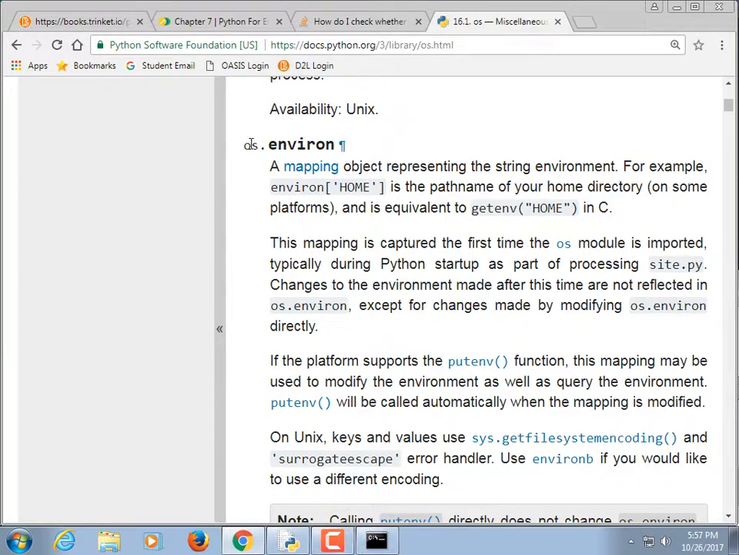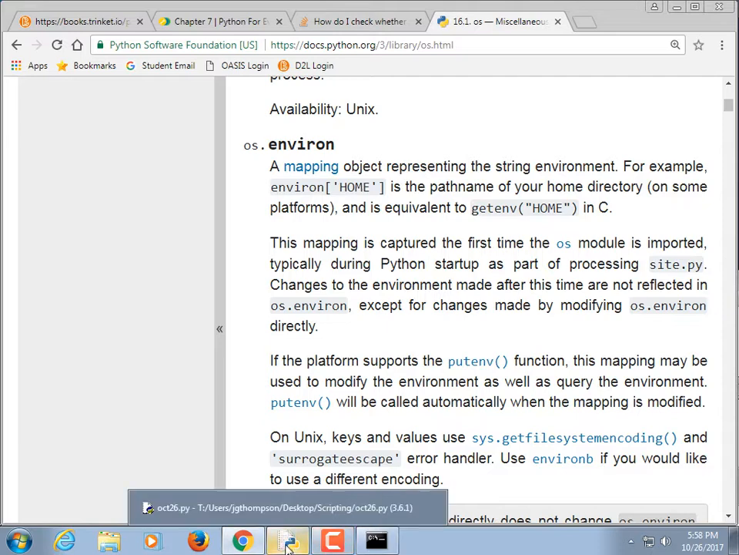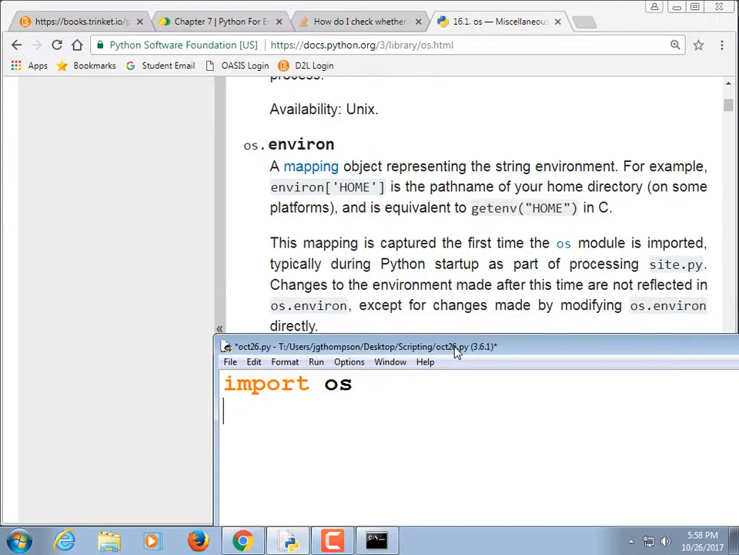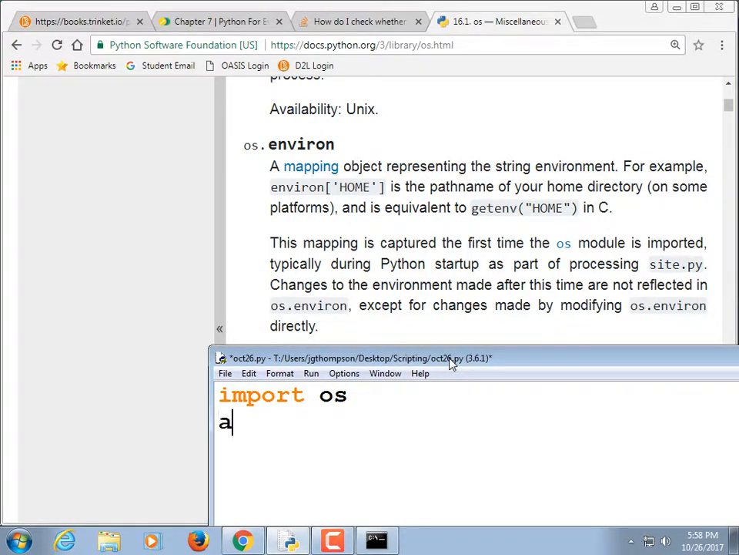So let's just import os and then see if we can do this. This actually looks like it's using a dictionary, which is a data type that we haven't discussed yet, but that's okay. So top line, import os. And then let's do this. A is equal to os.environ